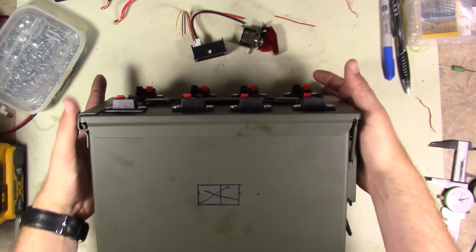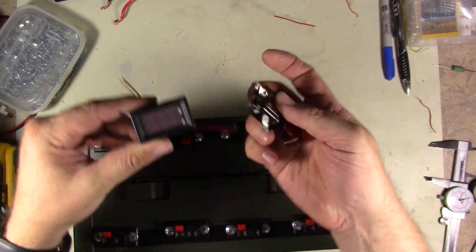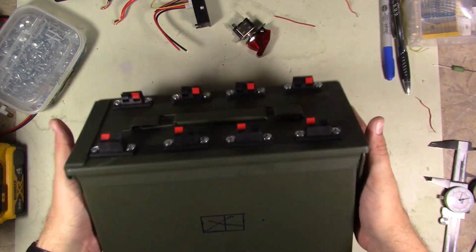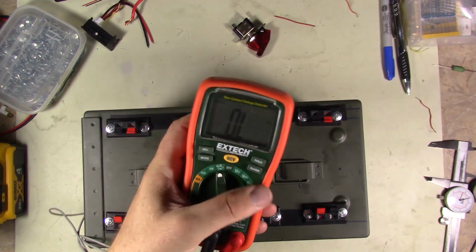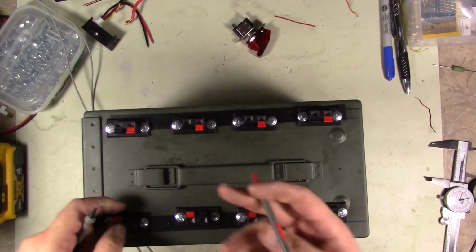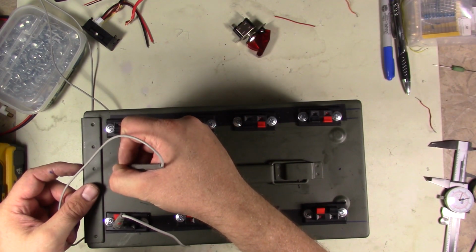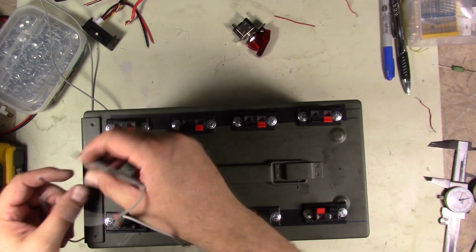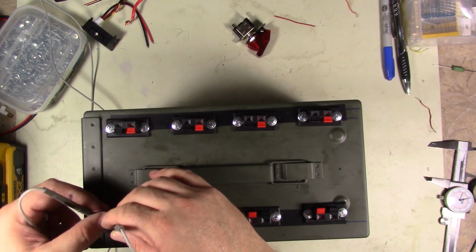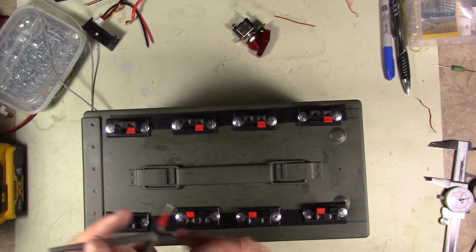I'll still have to cut the hole for the meter and the on switch, but that's coming out pretty darn good. I'm going to put my meter on ohms, on the beeper, so I can check for shorts. So scratch off the paint in an area and touch it. Okay, that one's good. That one's good. I'm just going to run through these and test them, make sure we didn't scrape anything